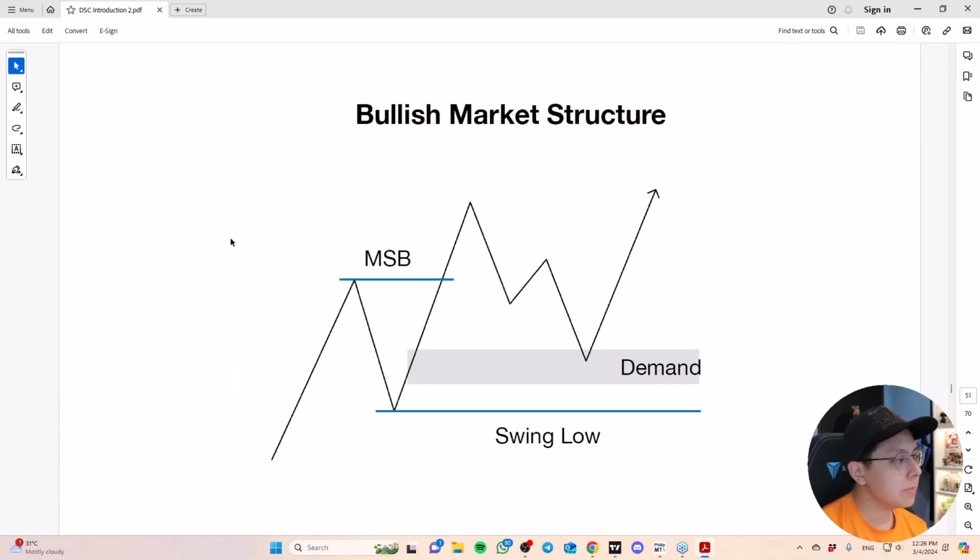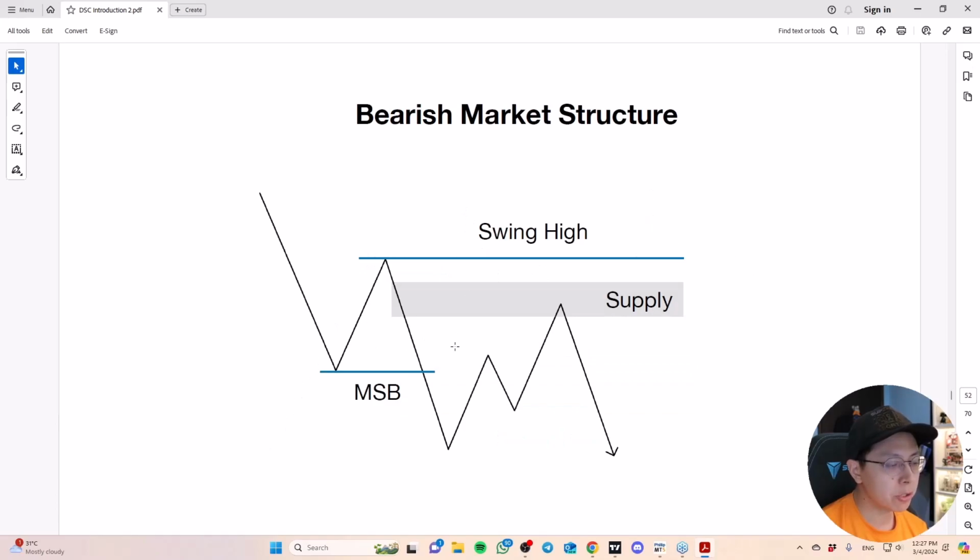So let me share with you the model. If today we are looking to buy, this is the model of a setup. We want the market to have a certain market structure break. That's where the alignment in the direction from the directional bias and the market structure comes in. Here we have both bullish market structure. Why? We have a low, high, higher low, higher high. That's a bullish market structure. Then what we do is wait for the pullback into our demand zone, and we get involved in the trade to buy. So this is the model, but let me go into the detail. You flip it, you have a bearish model.